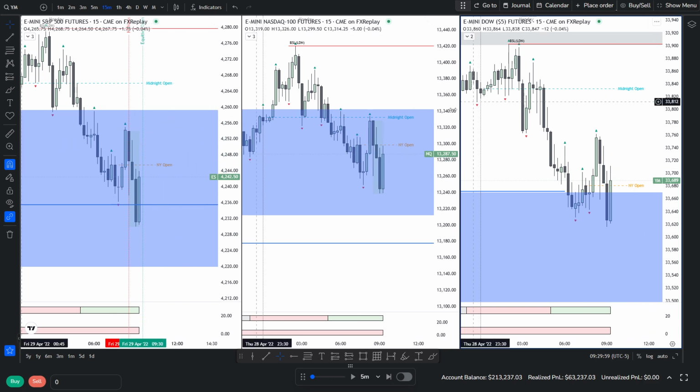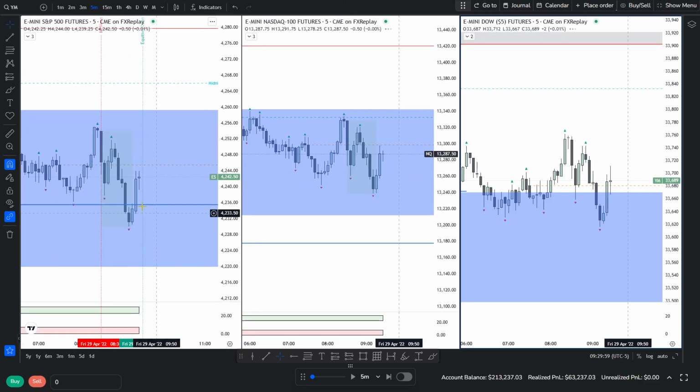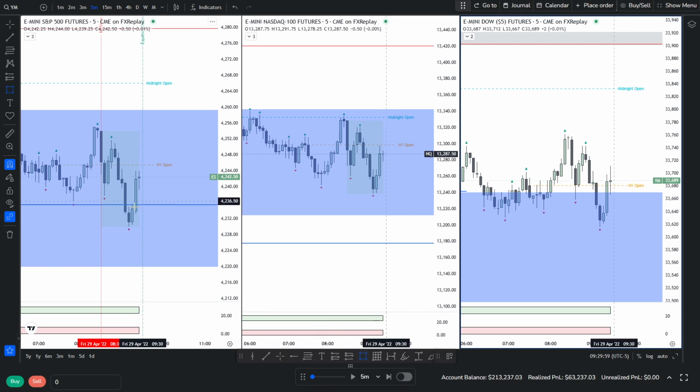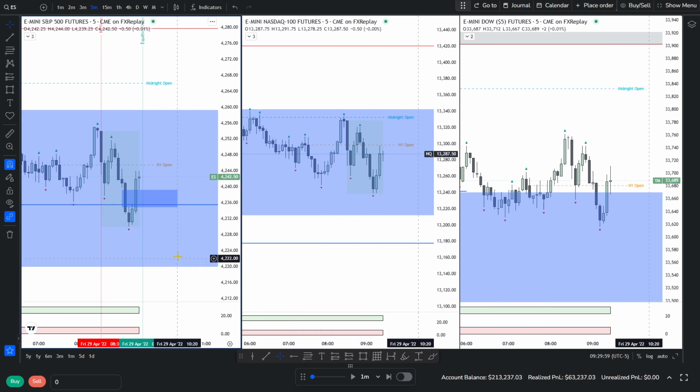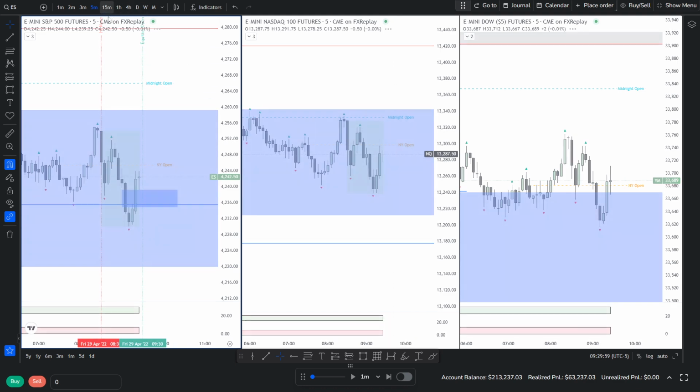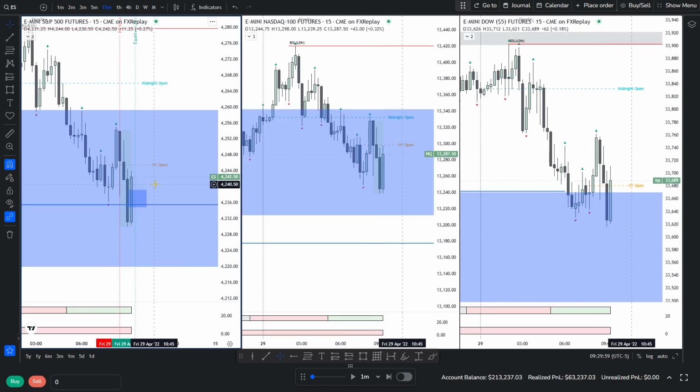So potentially, I'm going to look on the M5. This is looking much better. Now again, I'm going to go back to the 1-minute. This is right before equities open. So because it's right before, have we already got to equities open? Bloody hell. This candle's going to close here, which means that this is going to become the OB.